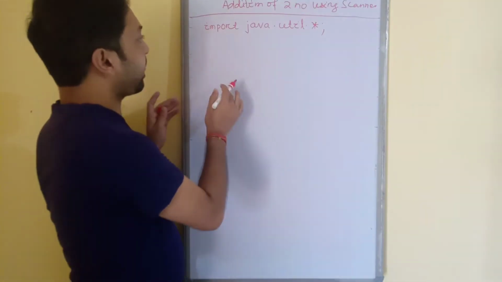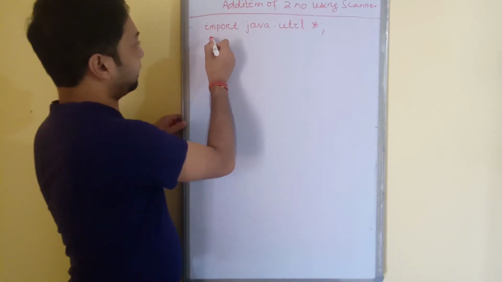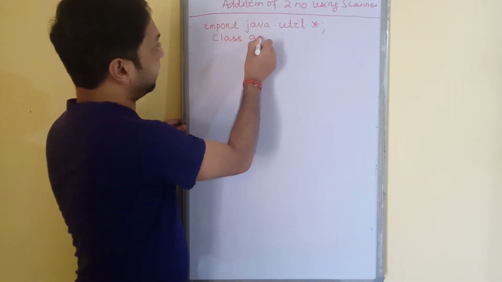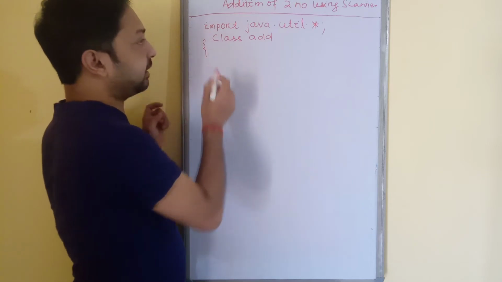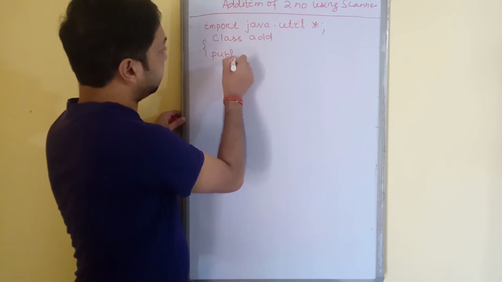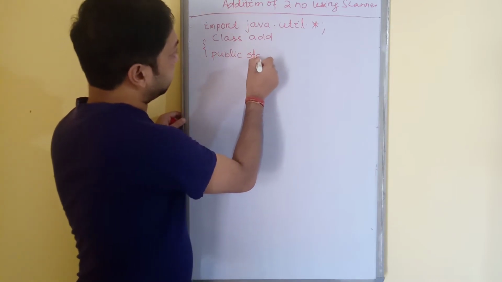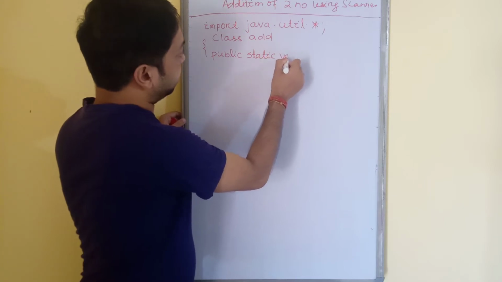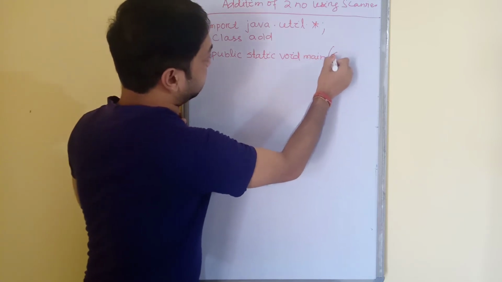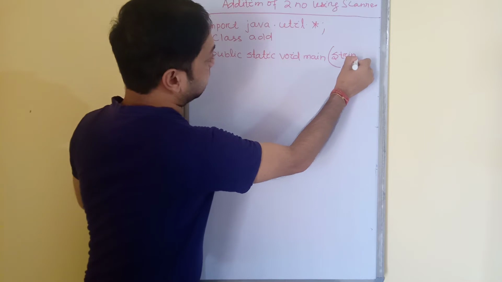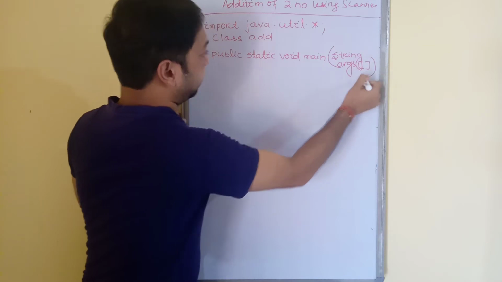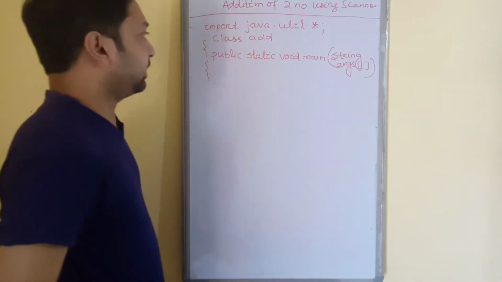Next, after writing that, you need to write the class within which you write your code. That is class, let me write here Add. Inside the class I need to define my main method in Java, that is public static void main, String with a capital S, then args, which is the argument of that type. Now inside the main method, see how to write the program.